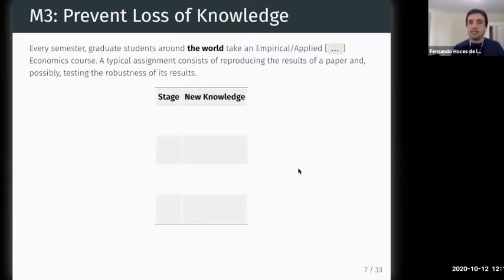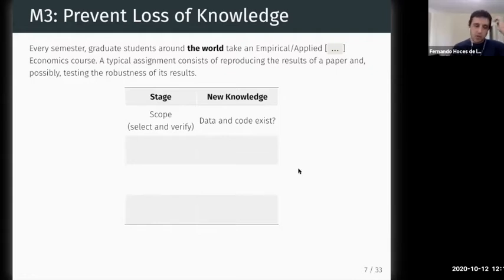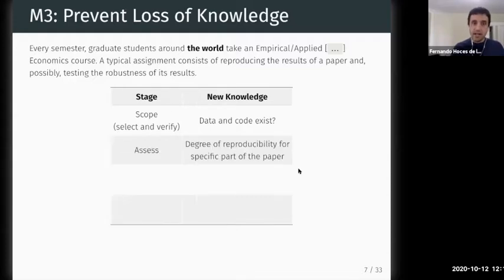So an assignment implicitly or tacitly might have these stages. In the first stage, the student identifies if the paper has data or code, and learning whether a paper has data or code is new knowledge that is not codified anywhere. So that's knowledge that is generated. Later on, the reproducer might assess the degree of reproducibility of a specific part of the paper. Again, new knowledge generated that is not encoded or preserved anywhere. She might improve some component of the reproduction materials, fix some paths, add some libraries, translate the entire script into an open source statistical software,